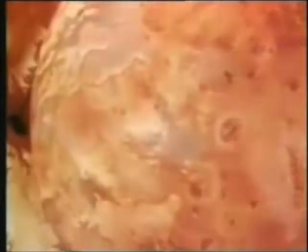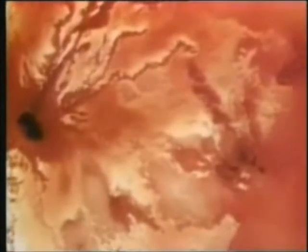Voyager also took a good look at Jupiter's largest moons. There's Io with its active volcanoes. Europa. Ganymede, the largest moon, appears